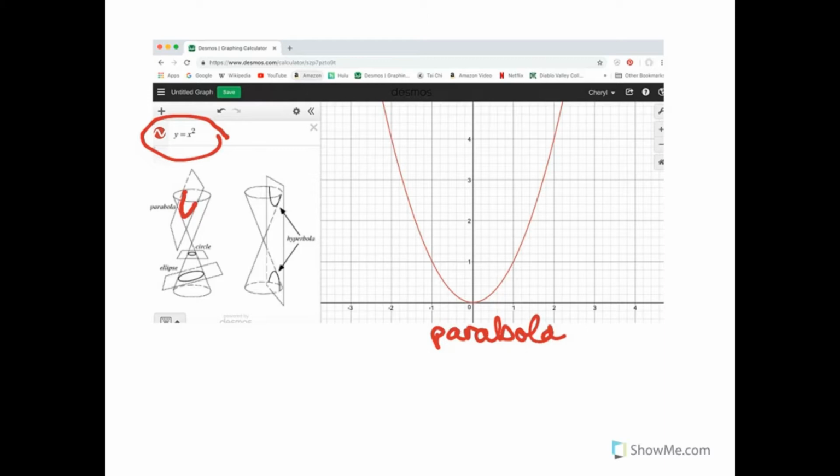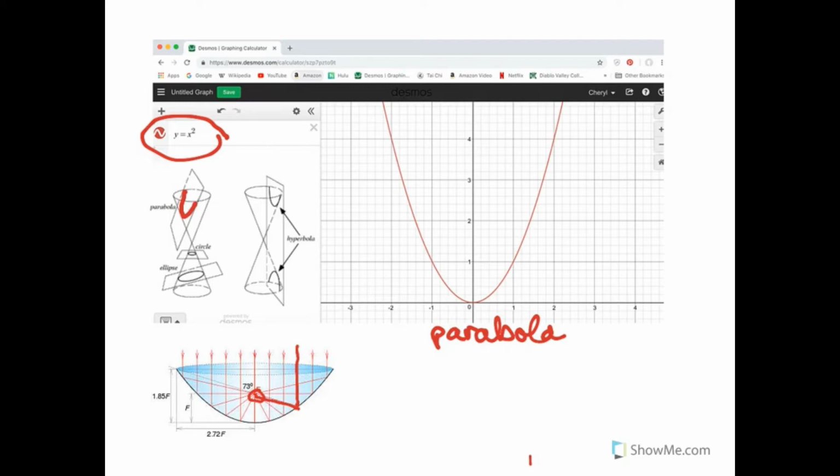You may have heard of a parabolic mirror. Light coming into a parabolic mirror is reflected off the sides, and all the light coming in goes to the same focal point. So that's a cool application, but what we're going to look at in this video is the graph and how to shift it around and what the effect of various constants are.